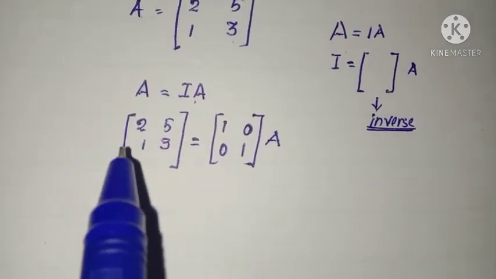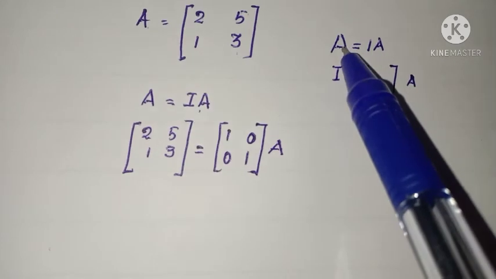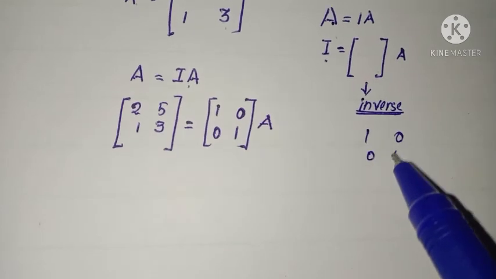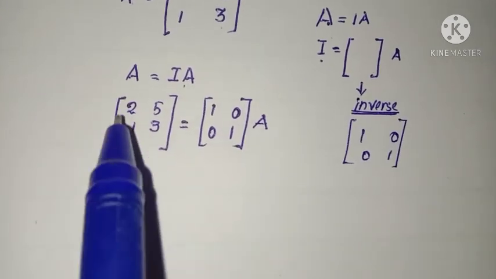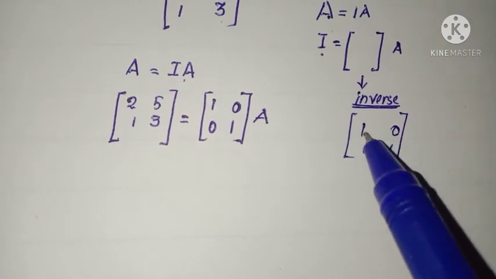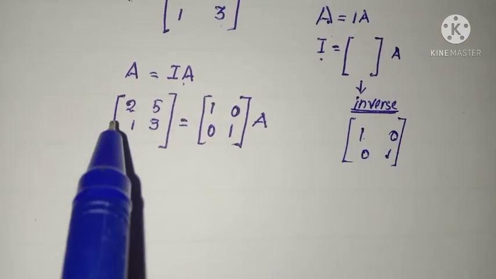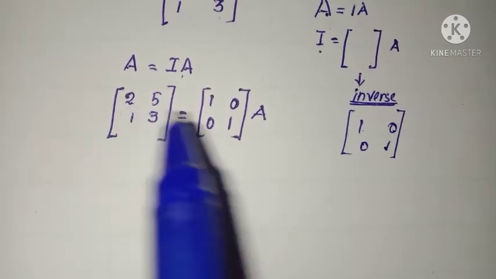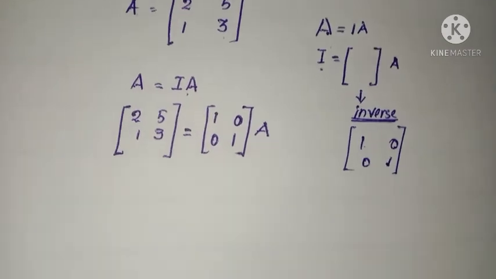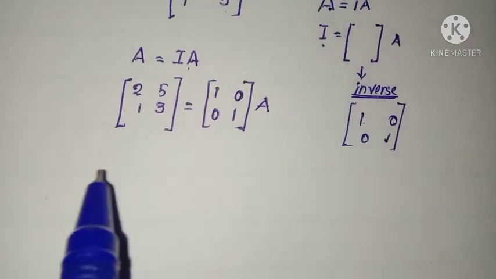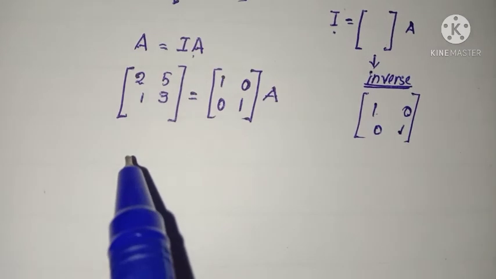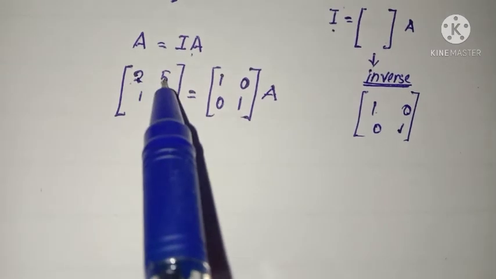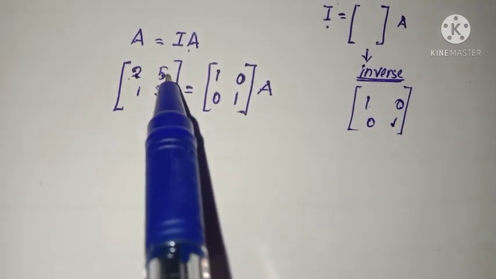Now the procedure is that, listen, instead of this A, we need the identity matrix. That is, we need 1, 0, 0, 1. So we want to replace all these entries with 1, 0, 0, 1. Okay. So instead of 2, first we need 1. To obtain 1, we have to make some elementary operations or elementary transformations. Listen, 2 belongs to the first row, so we want to interchange or change the first row.